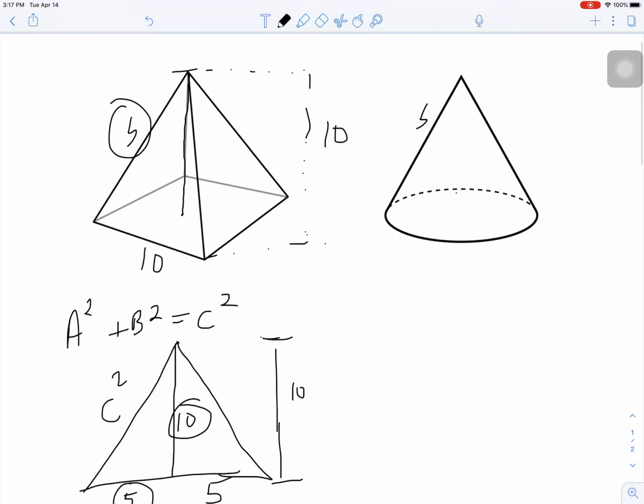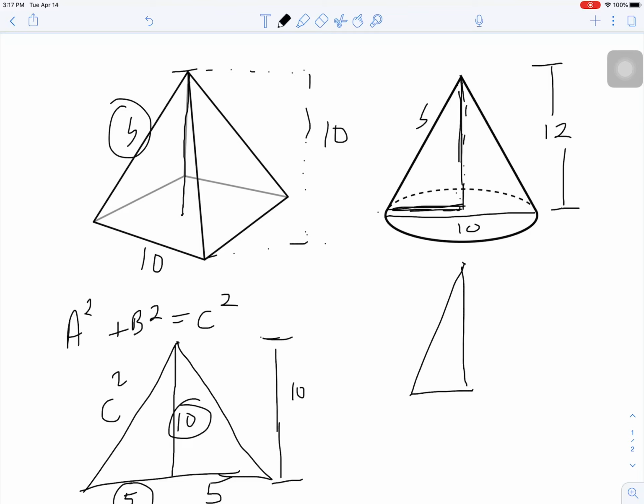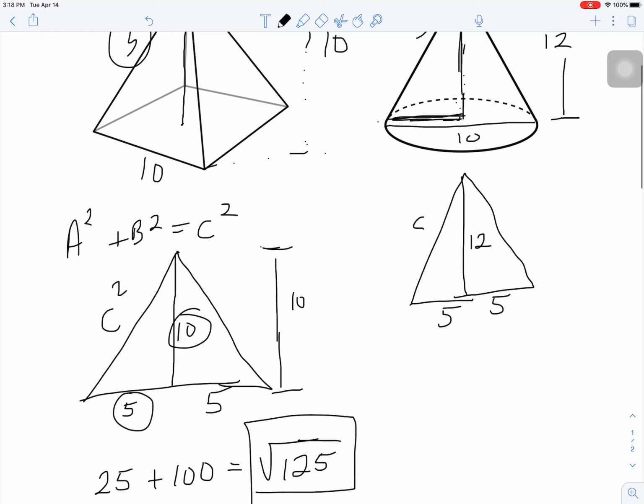The same thing would happen if you were to work with a cone. If you look at a cone, they're going to give you your height, say being here 12 from top to bottom of the cone, and that would be, of course, right down to the dead center of your cone. So when we design it this way, we're getting a triangle in here. So if our diameter of our cone is 10, then we're going to build that triangle again, right? That triangle would have two pieces in it, and those two pieces would give you the 5 and the 5 to make your diameter,